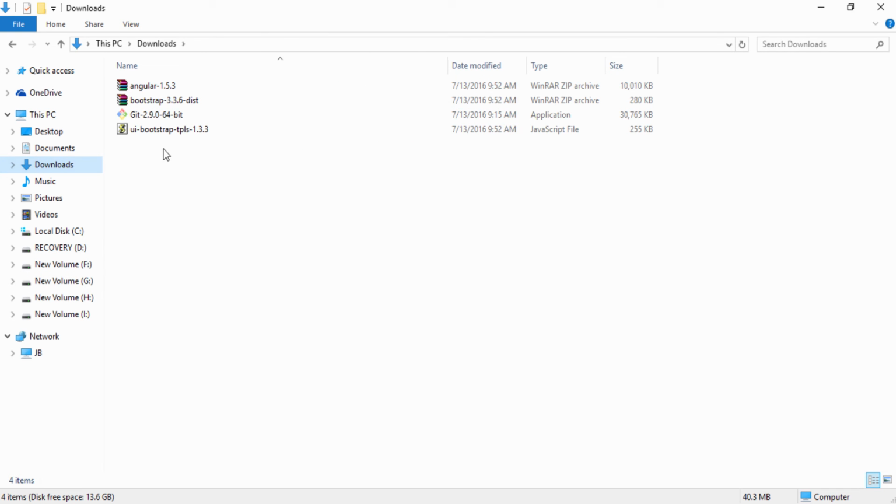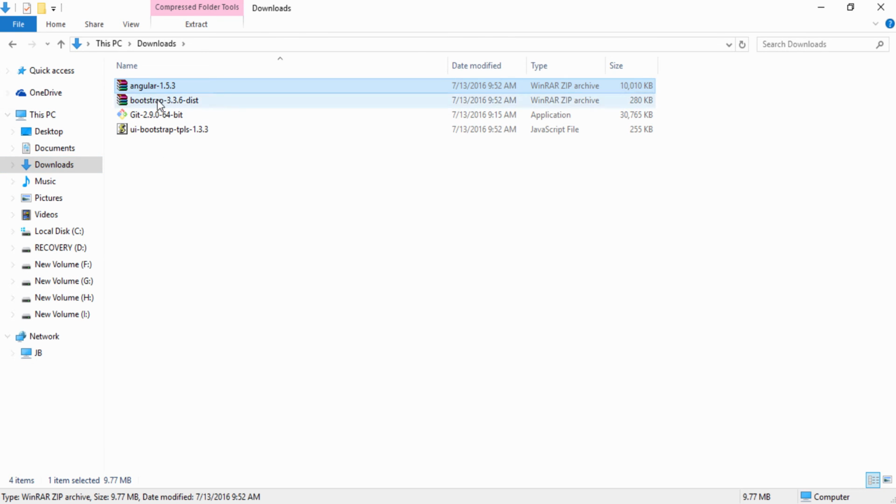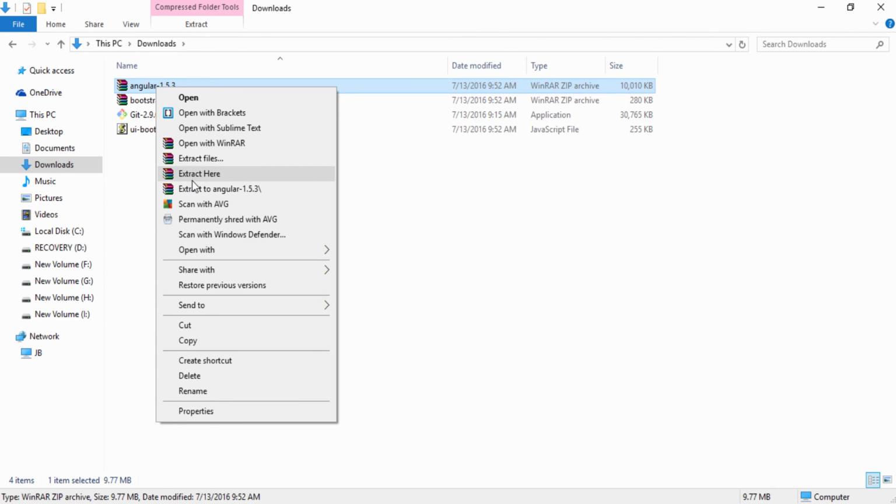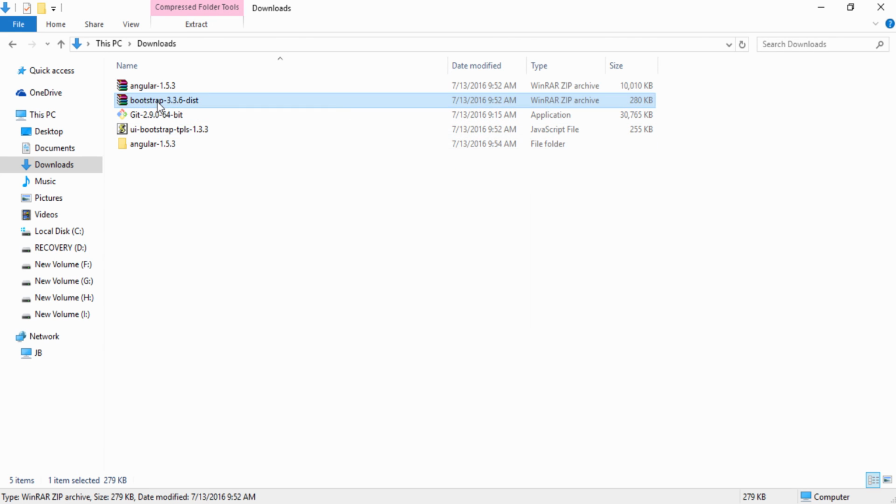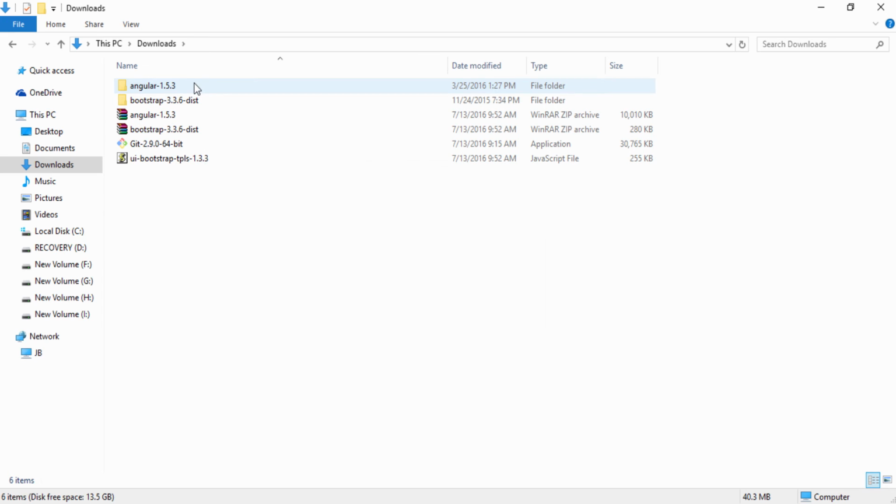I'll go to downloads and extract these files. I will rename them: I will make it Angular, and the Bootstrap folder I will make Bootstrap, and I will copy these two folders into vendor.